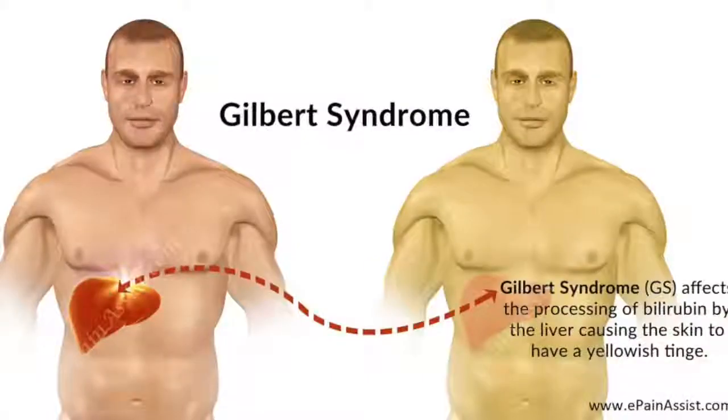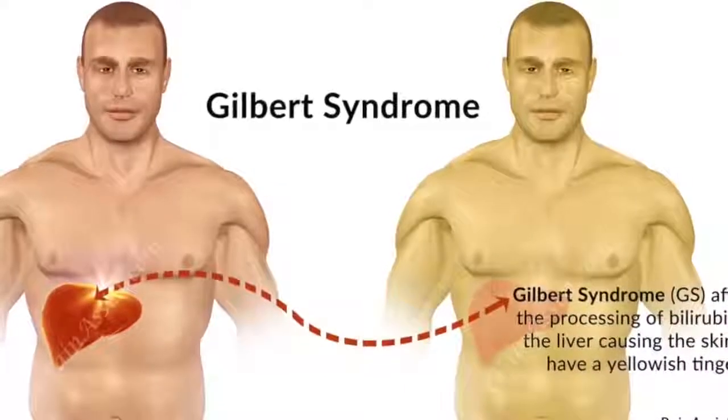Symptoms of jaundice are very varied. You can be totally asymptomatic. In fact, there are a small subset of patients who normally have a little high level of bilirubin in their blood. I mean, it's because by birth their liver is not very good at managing the bilirubin. In such patients, there is absolutely no symptom at all. There is just a little yellowish discoloration, and this is known as Gilbert syndrome,